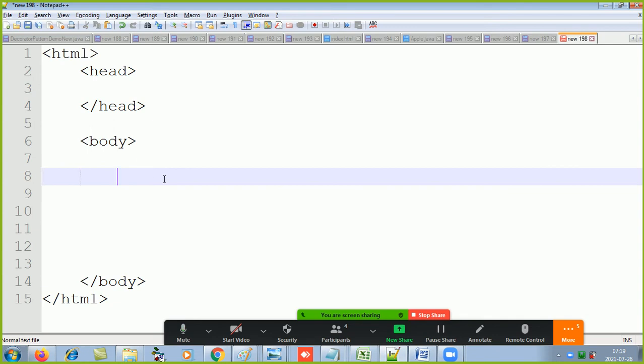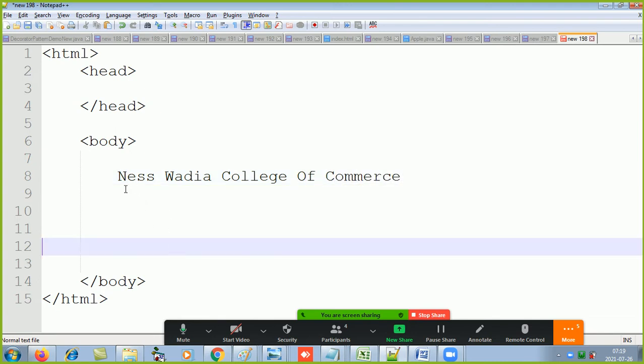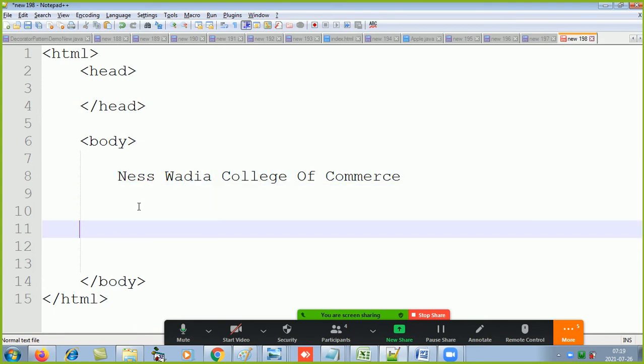If I type over here, let's say, NS Wadia College of Commerce, now this will appear in the default font of the browser.